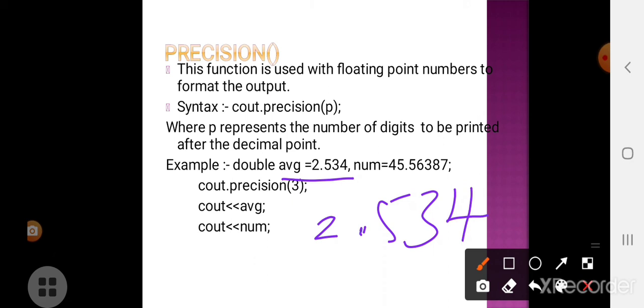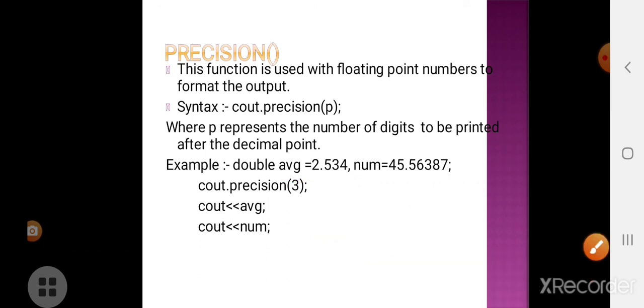This precision has to be used to decide how many digits have to be displayed after the decimal point. So it will be displaying 3 digits. Okay, so this is about precision. Precision gives the number of digits to be displayed after the decimal point of floating point numbers.